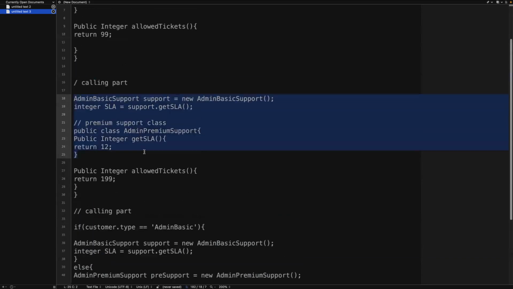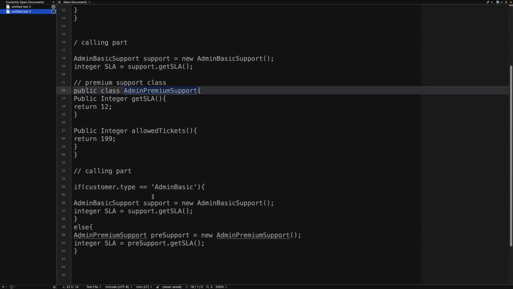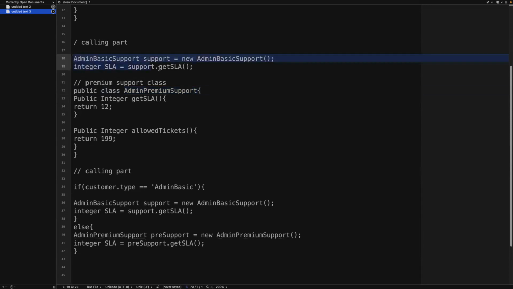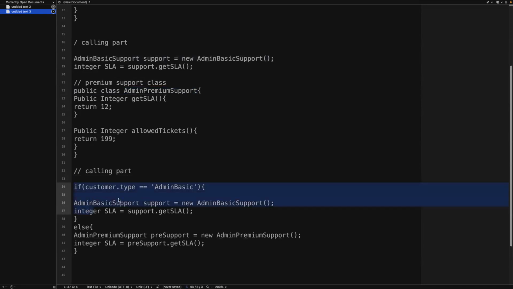When you introduce a new premium support, you need to create a new Apex class, which is fine, like we can create multiple Apex classes, but the problem is that you will have to change the code of the calling class as well. From the class where you are calling this particular method, you have to make changes here as well, because now you have to introduce: if customer type is admin basic, then call this class, otherwise